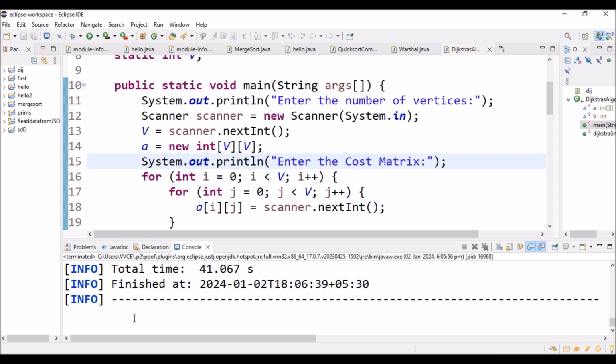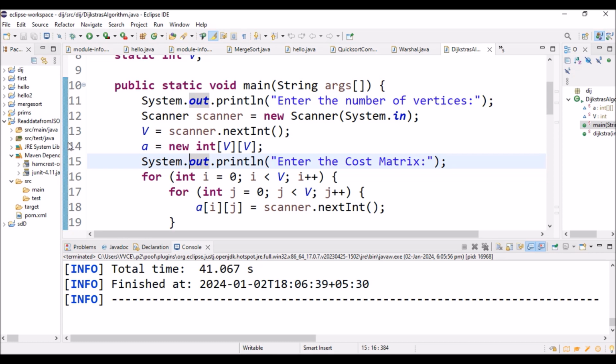Fine. So now what happens here is that you will have something called JSON here, target, and Java, and all these things are already created for you, right? You have the Maven dependencies created, src, target, and pom.xml is also created along with it, right? So what I have to do here is that,